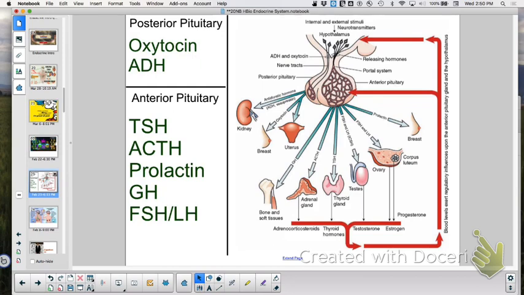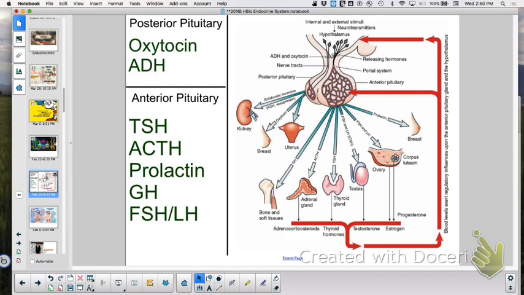Prolactin, I am all for milk. Prolactin, what does that do? Milk production, right? So you make the milk. If you want milk to come out, what's the hormone that makes milk come out? Got to have some milk in there, right? So prolactin makes the milk, stimulates that production of milk in the mammary glands. Oxytocin makes it come out. Okay? GH, growth hormone. What do you think that's going to do? Make you grow. Affects your muscles, affects your bones.